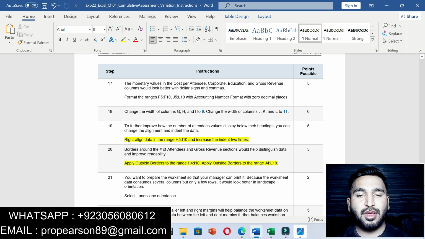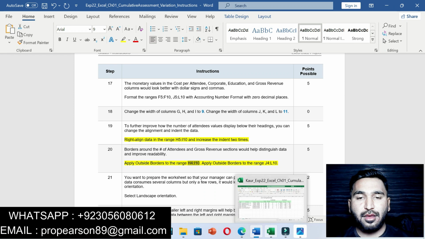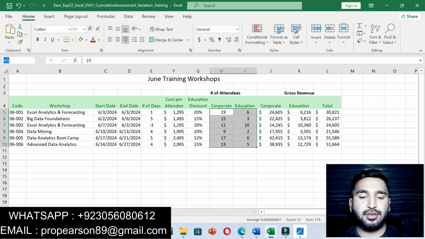Okay, now moving on to question number 20. Question number 20 is that apply outside border to the range H4 to I10. Apply outside border to the range J4 to L10. Basically in this question we will apply outside border on these ranges. The first range is H4 to I10. Enter this range in the range area